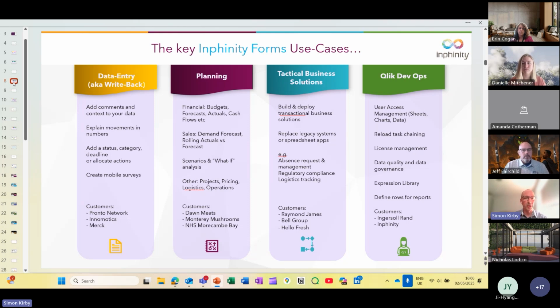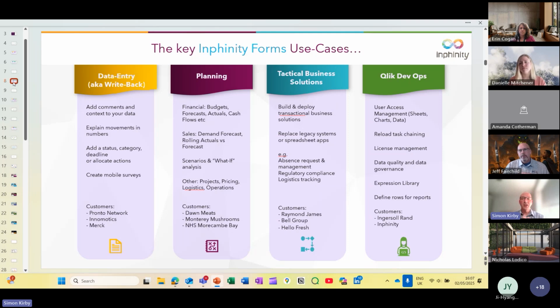You then generally have to upgrade to a planning tool that sits in your general ledger or ERP system, or you can go and buy some specific tool like Jedox or Anaplan or something similar. But that leap from a spreadsheet to those technologies is quite a jump. And sometimes you might be looking for something tactical in the middle that looks and works just like a spreadsheet, but gives you more control, more governance, more security, but just as much flexibility as a spreadsheet. And that's really where we feel that Infinity sits with Qlik.